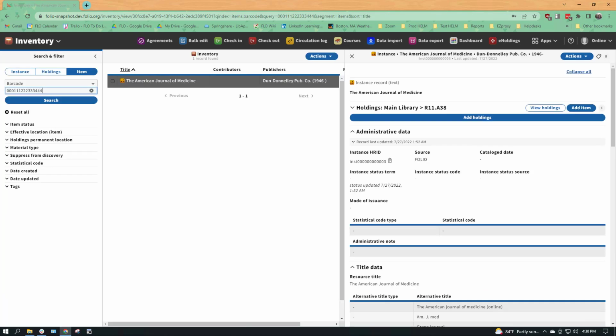Similar to Holdings records, the button to add items is located within the instance record instead of in the Actions button dropdown. You can find it next to the Holdings tab. Make sure you click the Add Item button next to the Holdings record that you want to add an item to. Instances with more than one holding will have